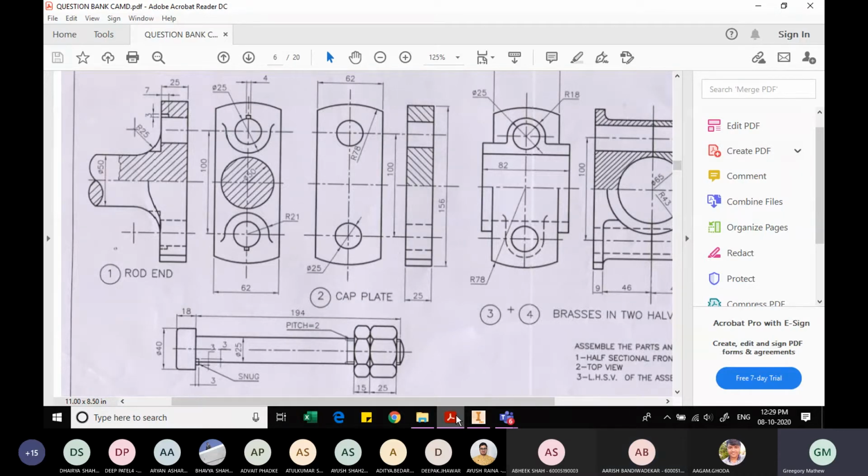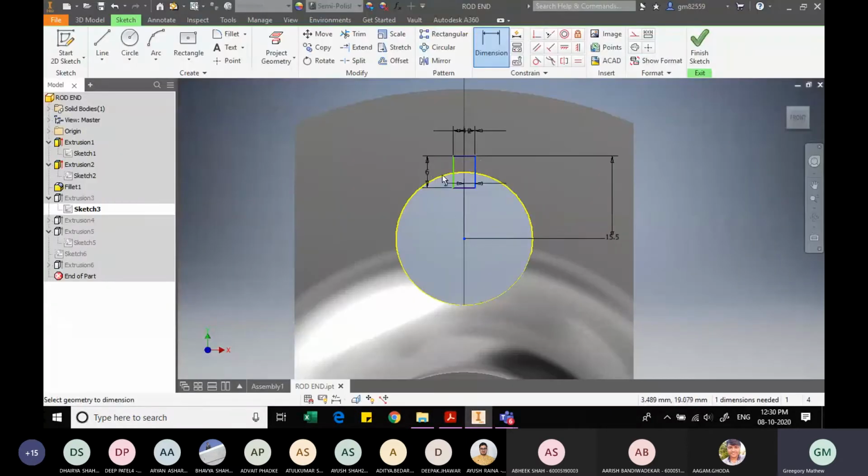Only the difference should be here: it is 4, the depth is 3 and this is 7. Just do this, so we'll make this 7.